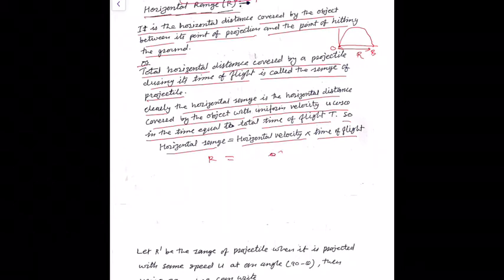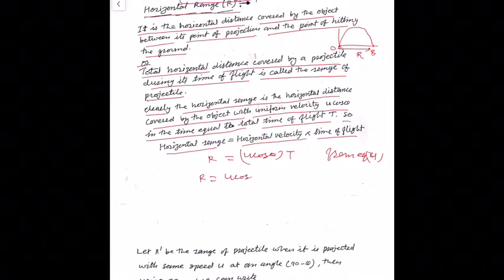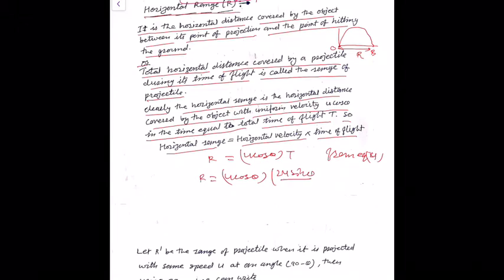So capital R is equal to u cos theta into capital T. From equation 4, put the value of time of flight. So R equals u cos theta into 2u sin theta upon g,